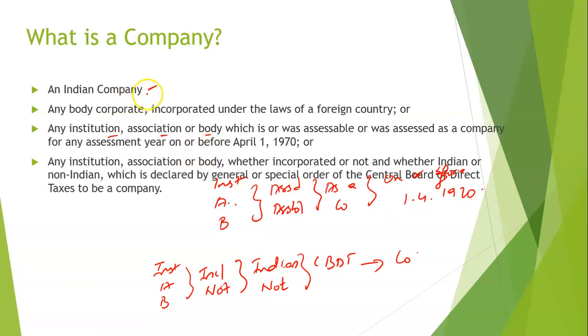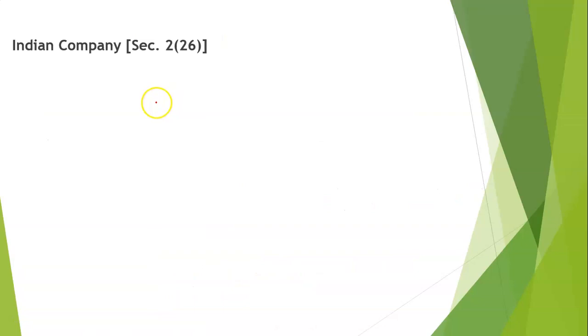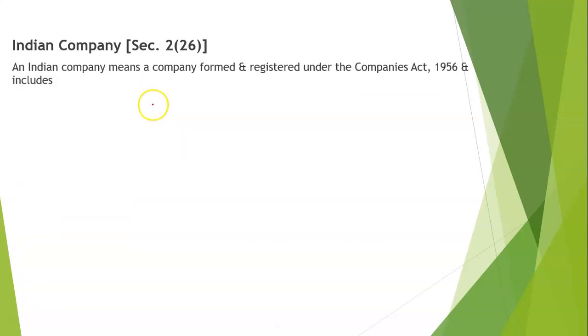Next, let's check what an Indian company is. As I said previously, an Indian company is nothing but a company registered and set up as per the laws of our country. Now that is a generic explanation. As professionals, we need to know more. So let's see what an Indian company is. An Indian company means a company formed and registered under the Companies Act 1956 and includes